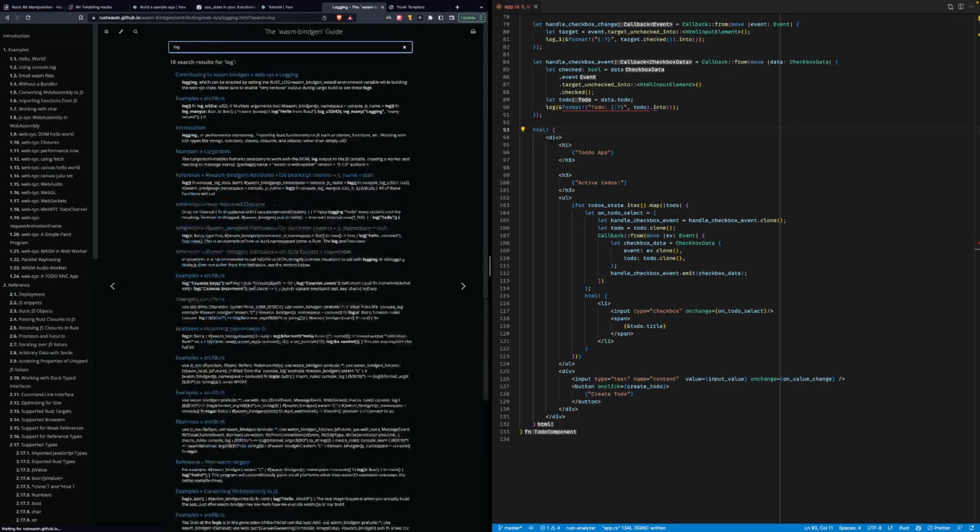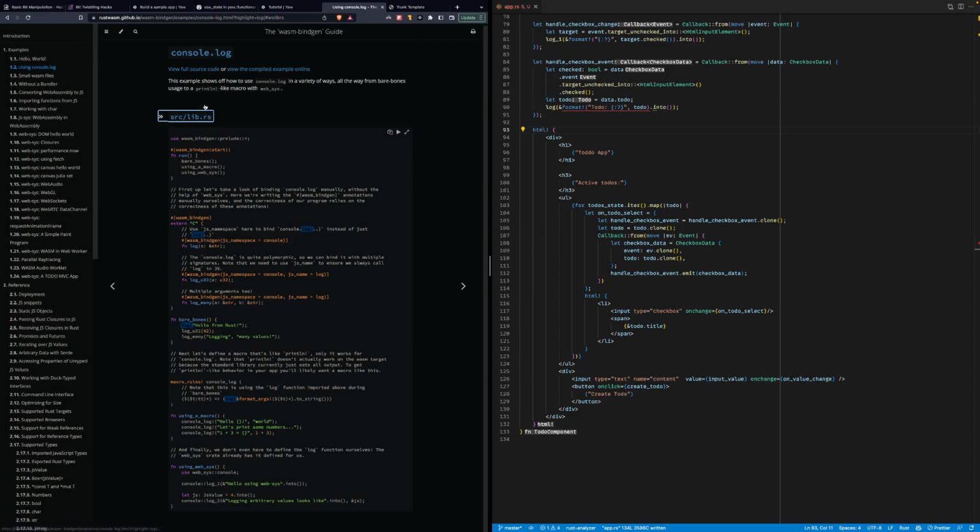No, this is a different log. This example shows off how to use console log in a variety of ways, all the way from bare bones usage to println-like macro.